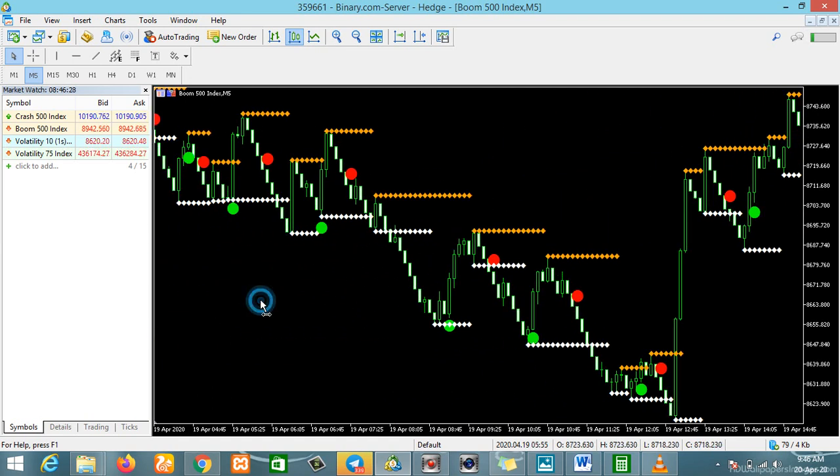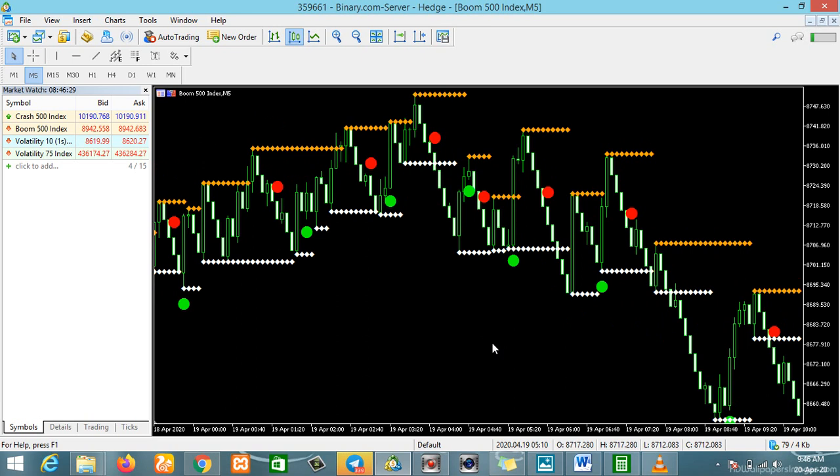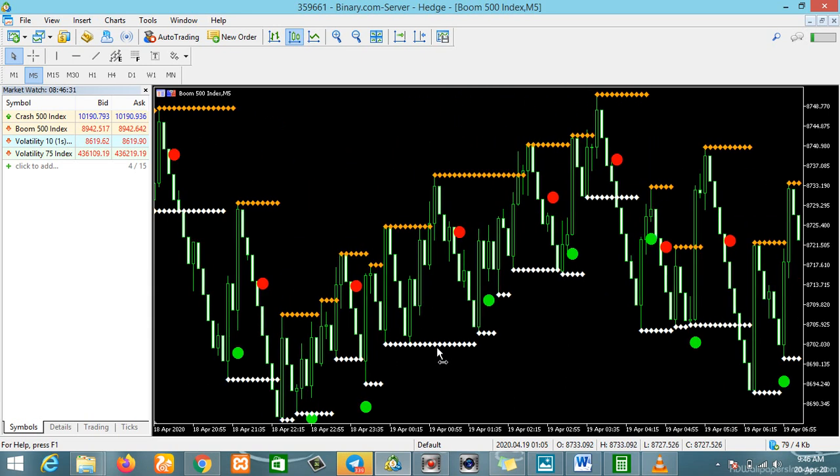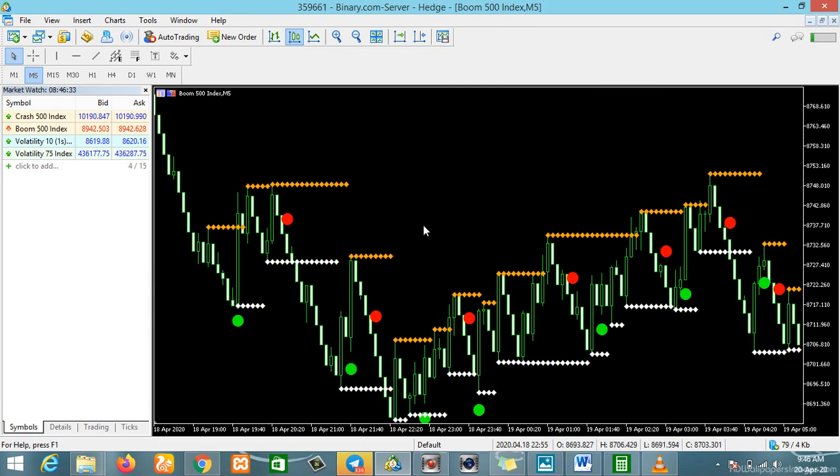People do ask me what the best time frame is, but I don't like trading in the 1 minute time frame because it doesn't give room for more action. That is why I do most of my analysis in the bigger time frame, at the 5 minutes or the 15 minutes. It is very, very important for us to know this setup. If you have your hands on this indicator already, you can go ahead and set it up this way, using the support and resistance with it, so you can trade more efficiently.